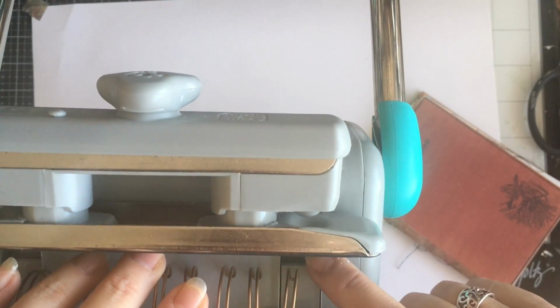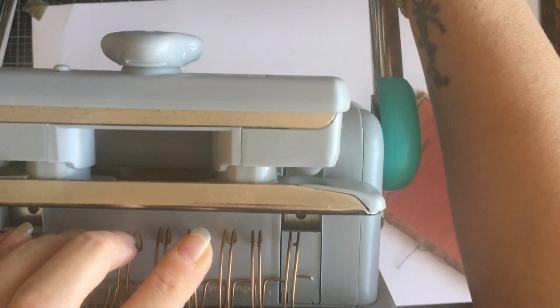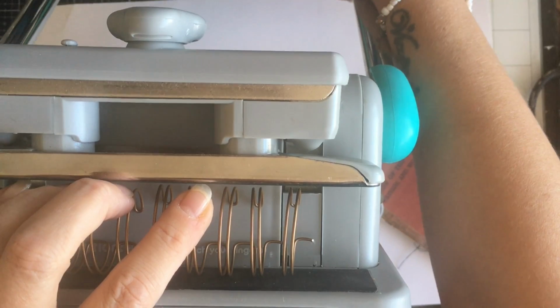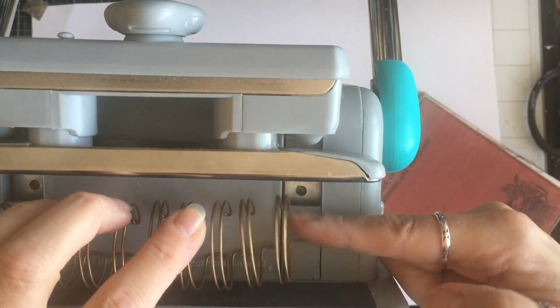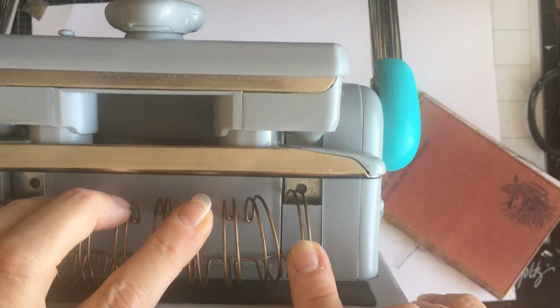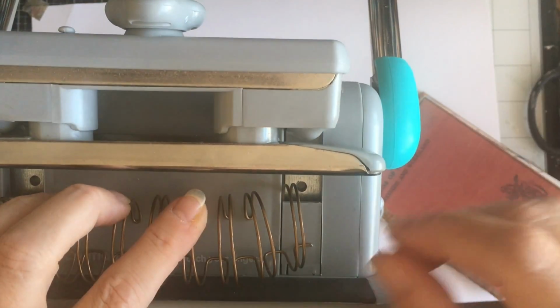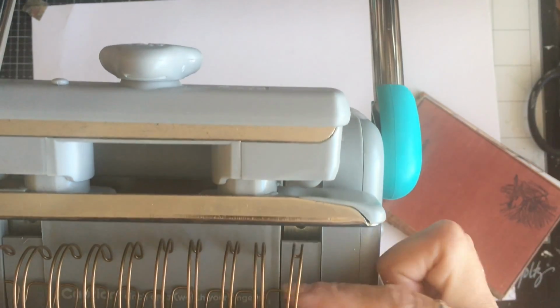Okay, can you see these gaps here? When you cinch, when you push this down, can you see that actually closes down? These little bits here often get caught in that when you're cinching, and you will end up with a bit sticking out the wrong way. Both of these do the same thing because you have to have your coil